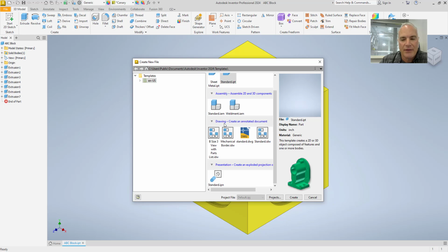The next one that we have on the list here are IDW or DWG files, both of which are drawing files. The difference between the two is DWG is a standard AutoCAD drawing file, and it can be easily opened in AutoCAD and shared with people who use AutoCAD. The standard .idw is the Inventor drawing file, and you can convert it to work in AutoCAD, but it's not